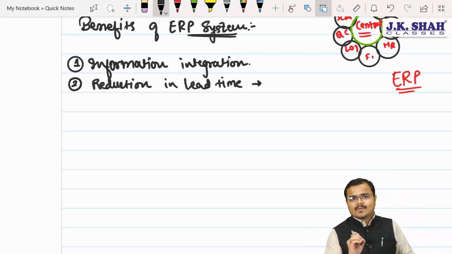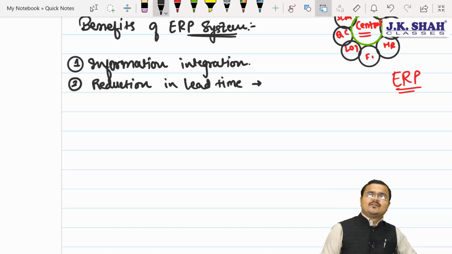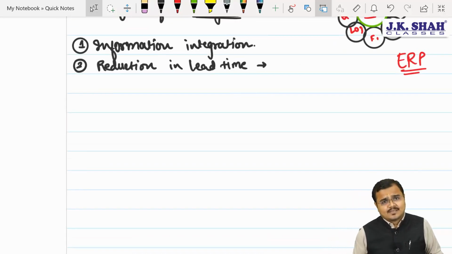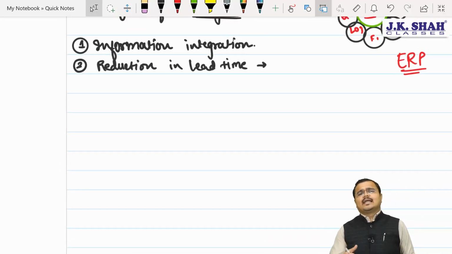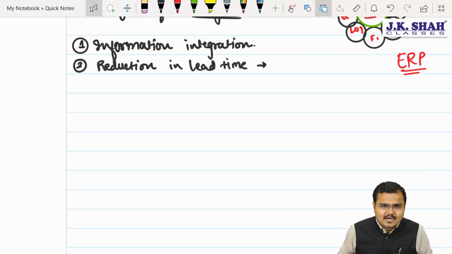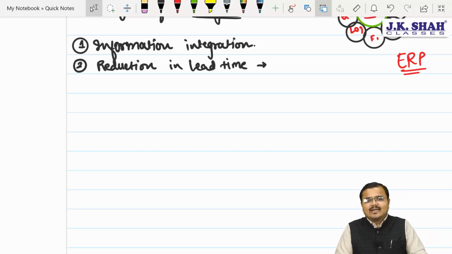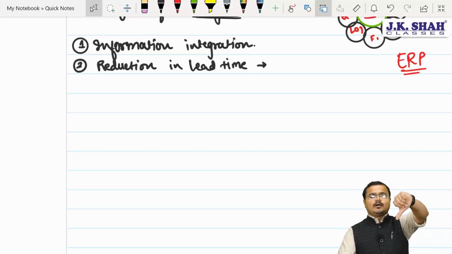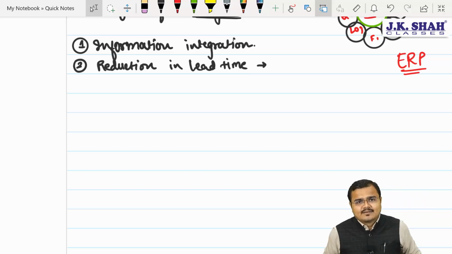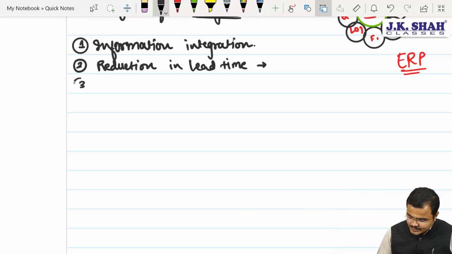Sir, lead time. But if we have the ERP system, obviously all the transactions get processed automatically. We are supported with what? Sir, the electronic data interchange system. We are also supported with what? Sir, the electronic fund transfer system, where payments can be done in a few minutes. Understood? And that enables us to enjoy what? Sir, the right goods at the right time must be available to us. It reduces what? Sir, lead time. No need to put a lot of investment in inventory, sir. Agree? 100%.